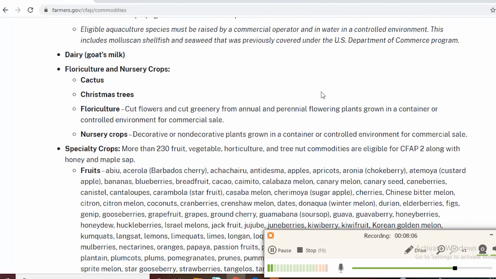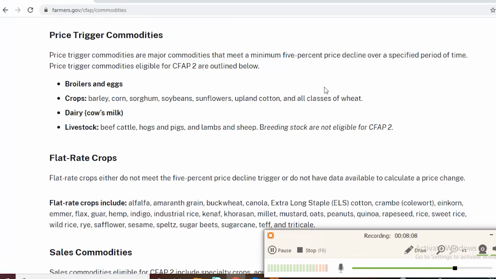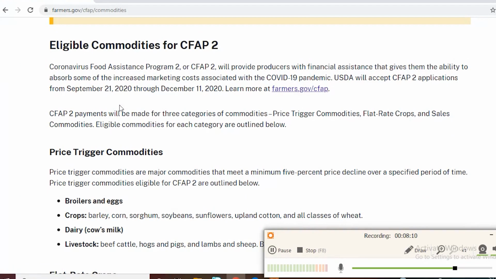And what USDA says, if you happen to have a commodity that is either not qualified or ineligible, or it's not in the qualified list, then you need to contact USDA, because in the CFAP 1, they actually added additional commodities that they had somehow overlooked. So in the final calculations, there may be additional items updated. So now we've looked at what's eligible and what's ineligible, but I want to know our second question: